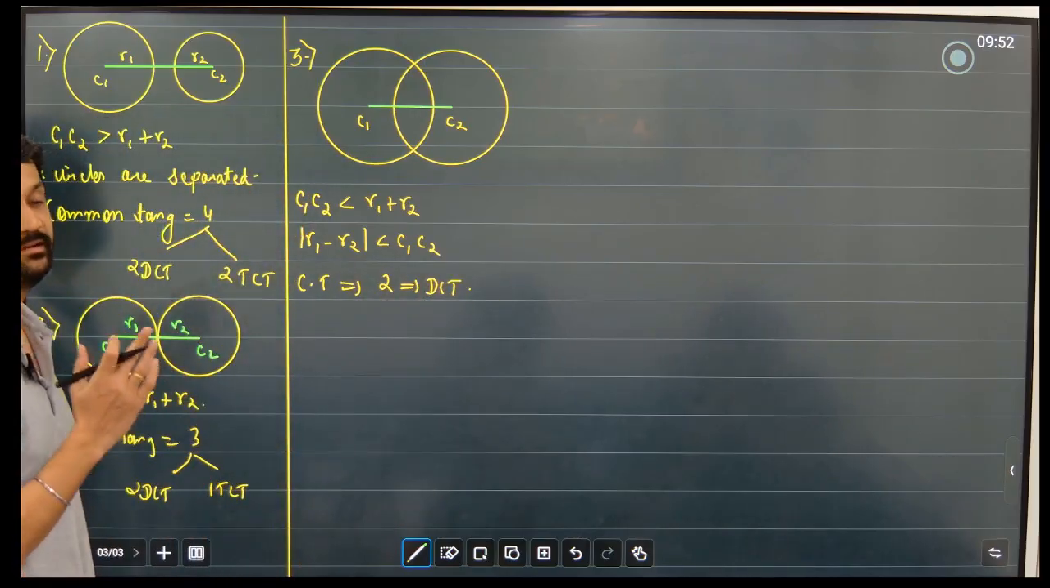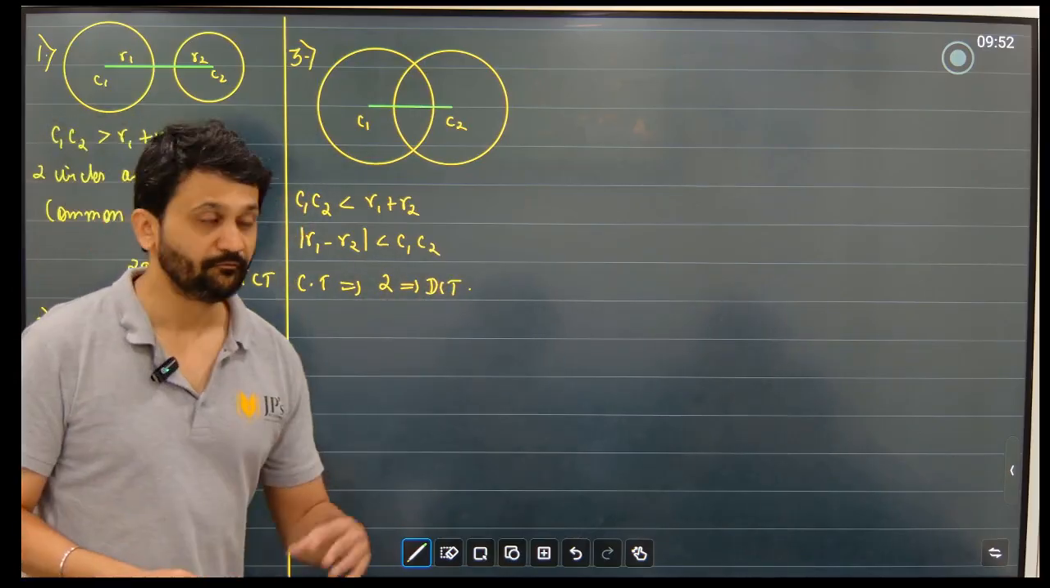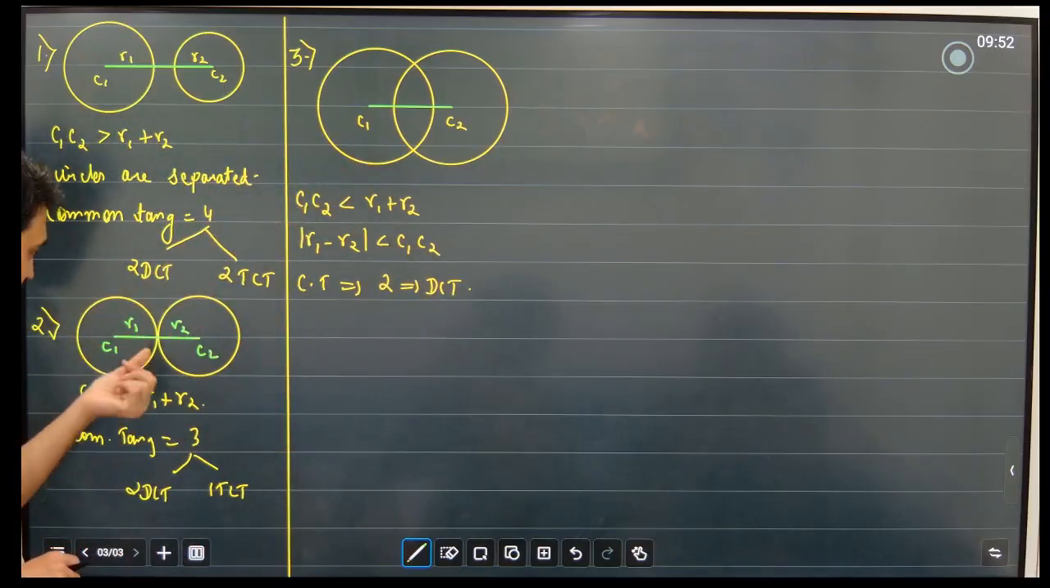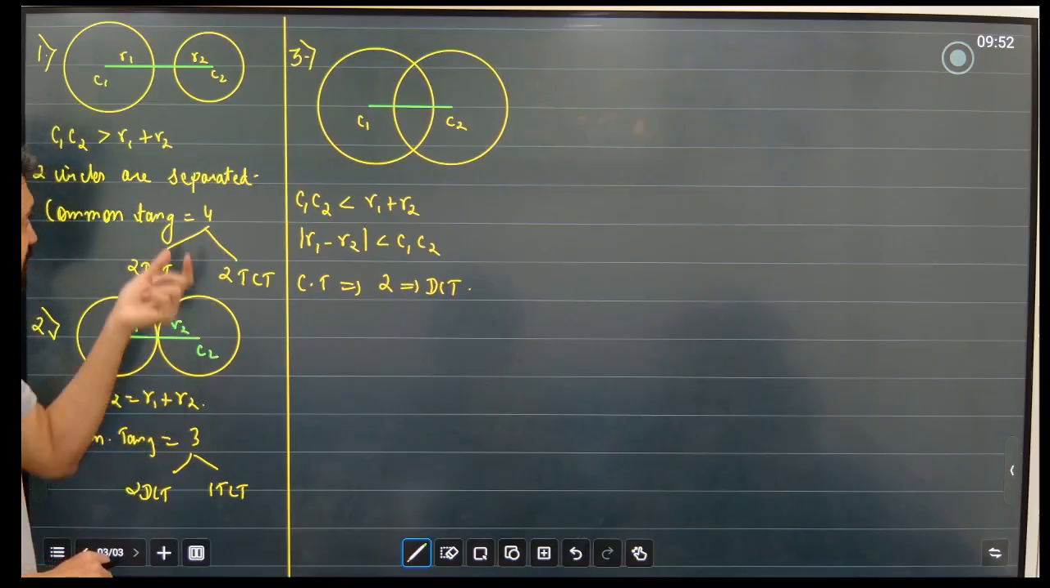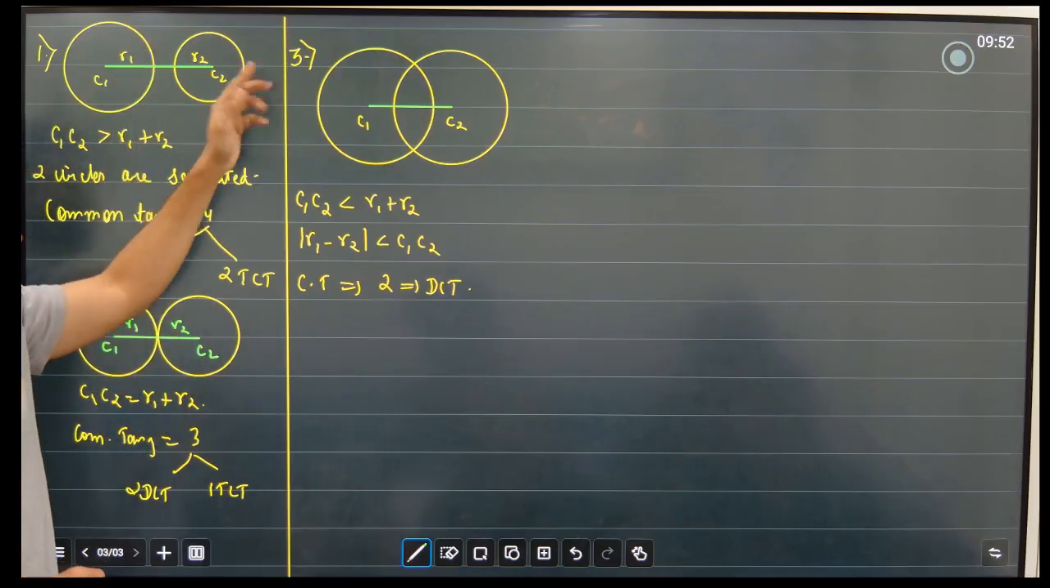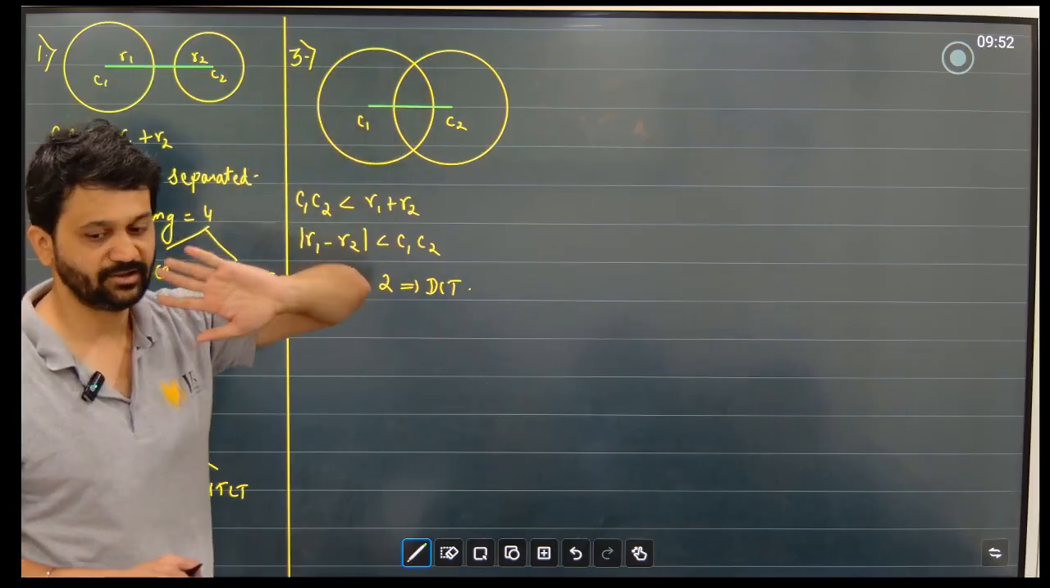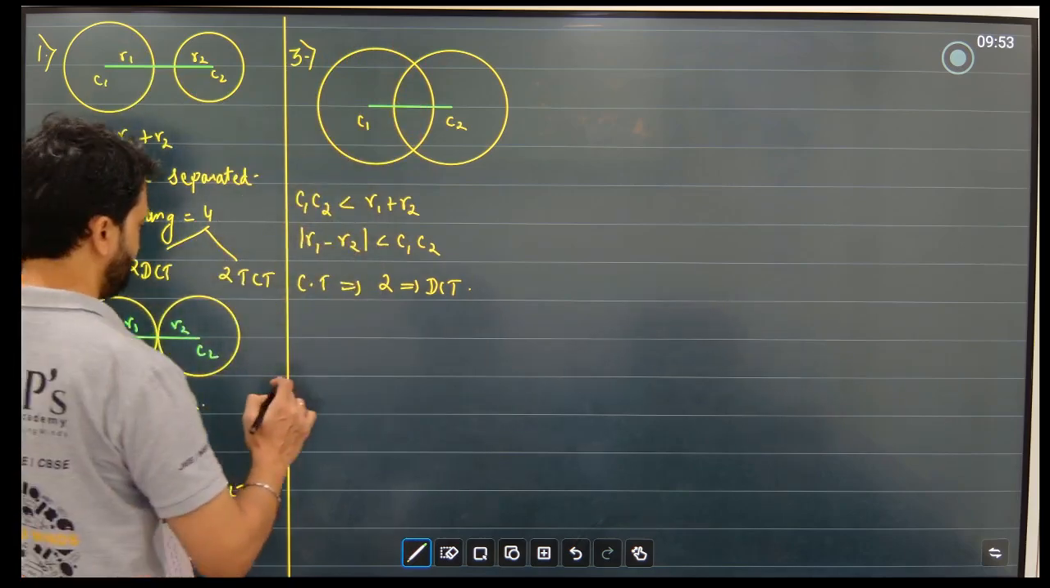There won't be any transverse common tangent. We can't make any transverse common tangent. Here, in the earlier case, one transverse common tangent could still be made. There, two transverse common tangents will be made, but here transverse common tangents will not be made. Okay. Next,